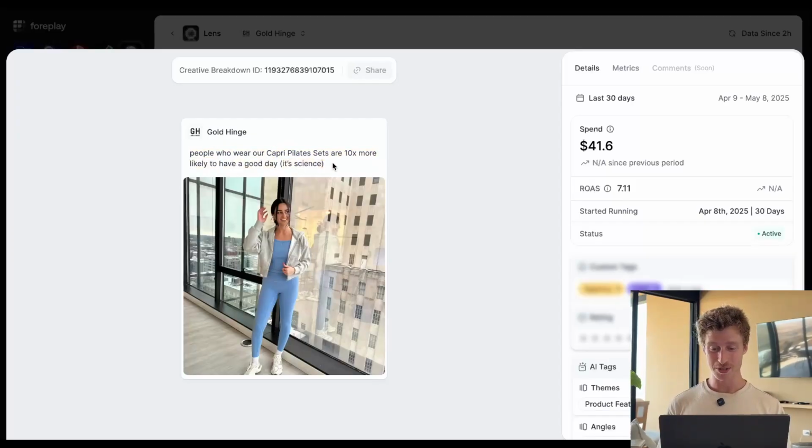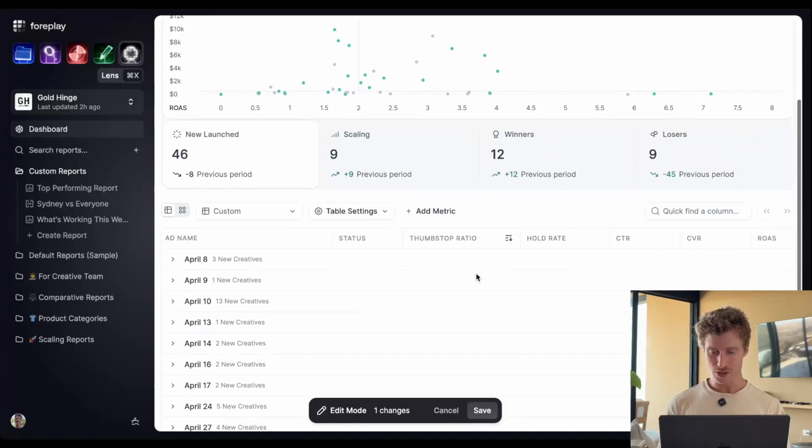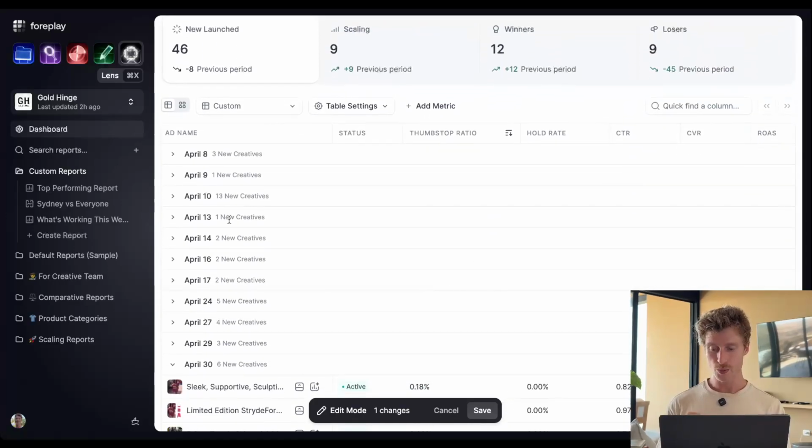I really like this caption. Unfortunately, it's only spent $41.60. That might be why it has such a good ROAS, right? It's a ROAS of 7.11. This might not be a top performing ad. It might be that it's just driven a few last clicks that resulted in a conversion. And it's very good at closing a sale, not so good at discovering a new customer that eventually makes a sale. Awesome. So if I scroll down here, I'm going to see a table view with all of the creatives